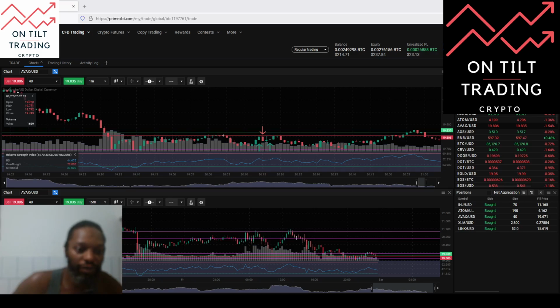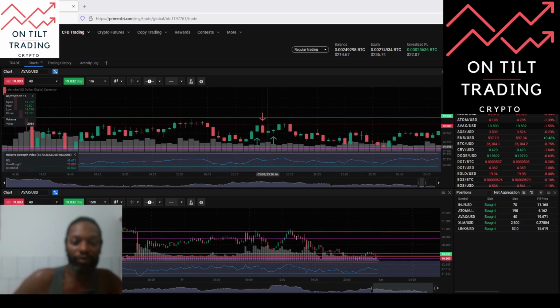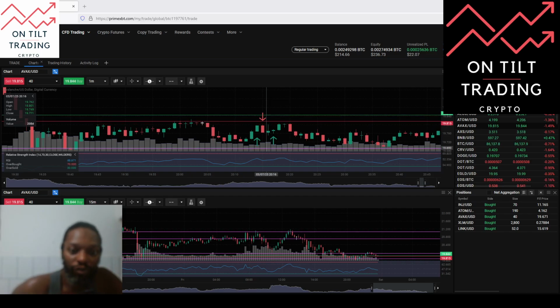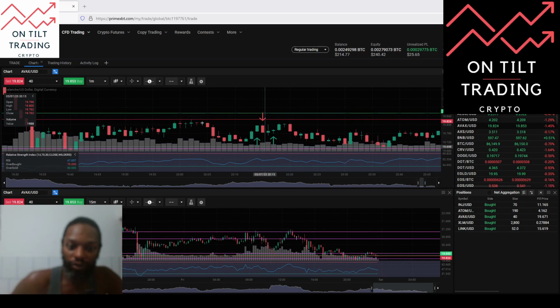But these three conditions were met. I was late to find the trade, and also in this particular situation, when I put the Camarilla pivot price lines onto the chart, sometimes the 1 minute chart is too small, so I have to scale out into a larger chart in order to get my lines onto the screen. So for this particular currency pair, for Avalanche,